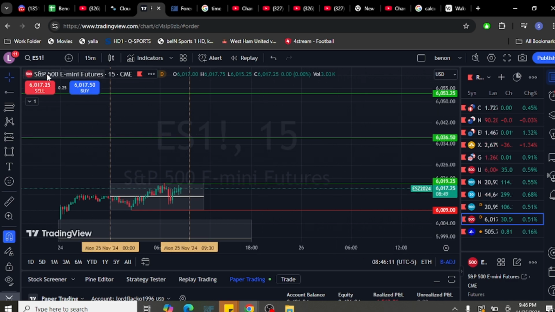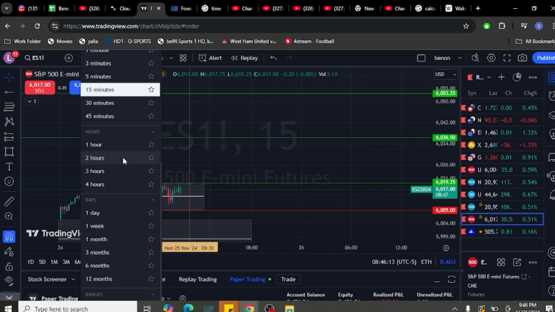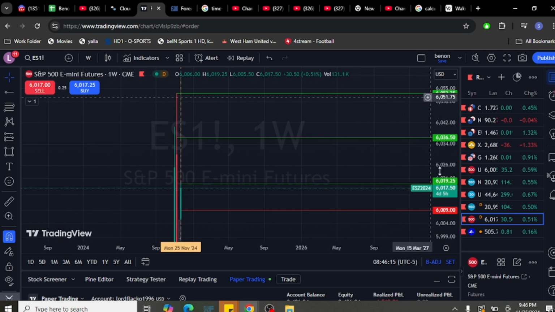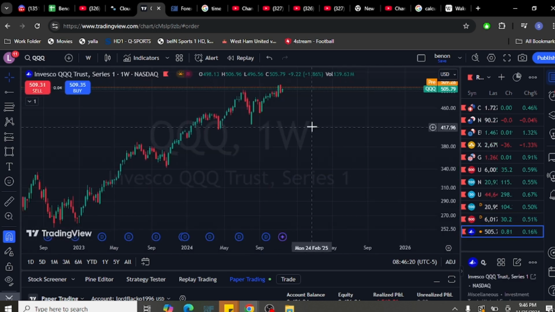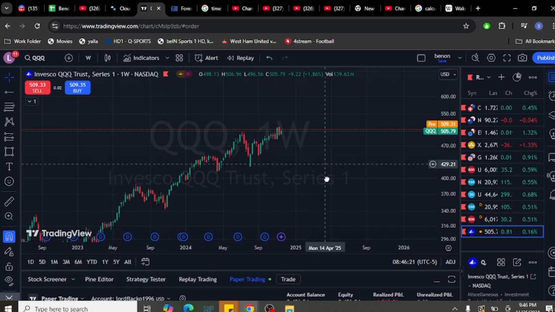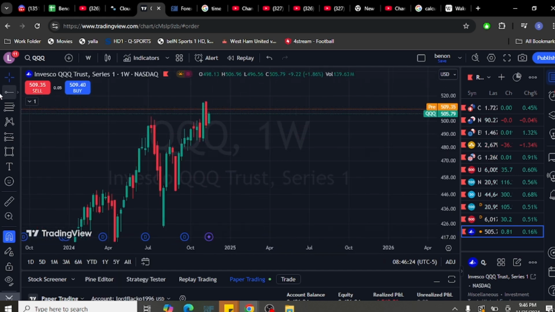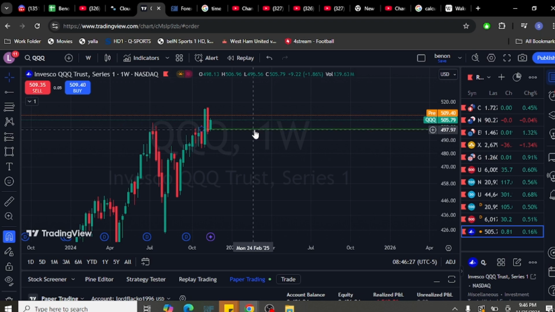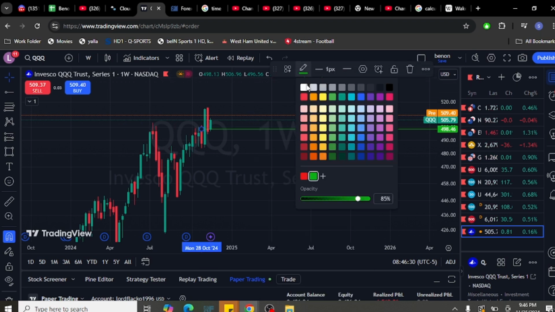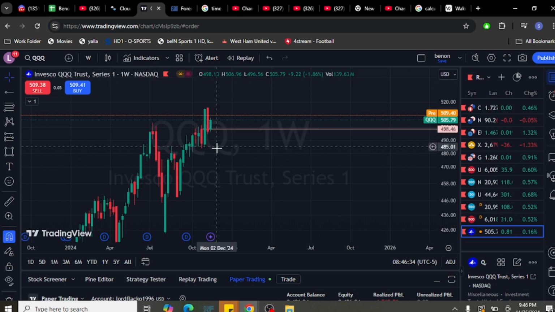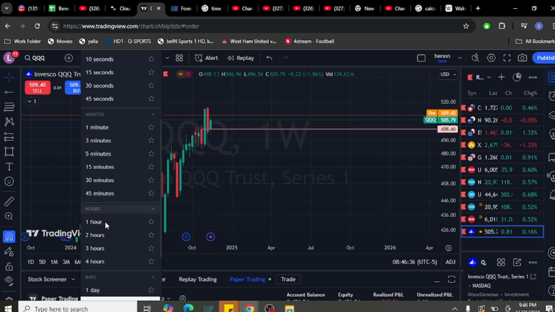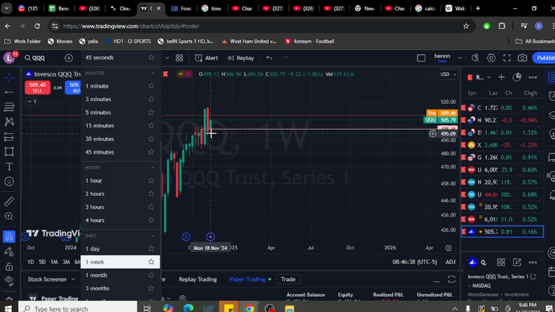So the last one would be, what will be the last one? QQQ. Similar thing. Tested this OB, order block. We are looking like we opened with a high volatility there, but that would be probably because of...